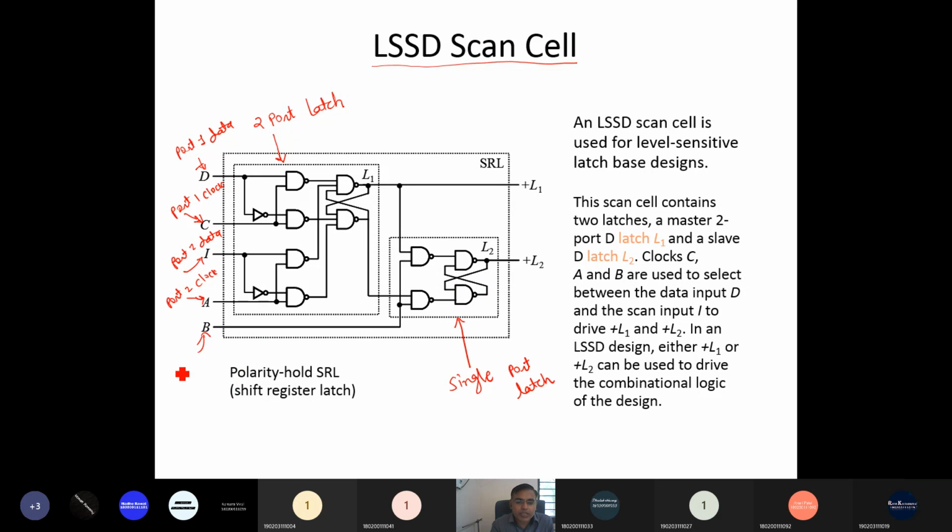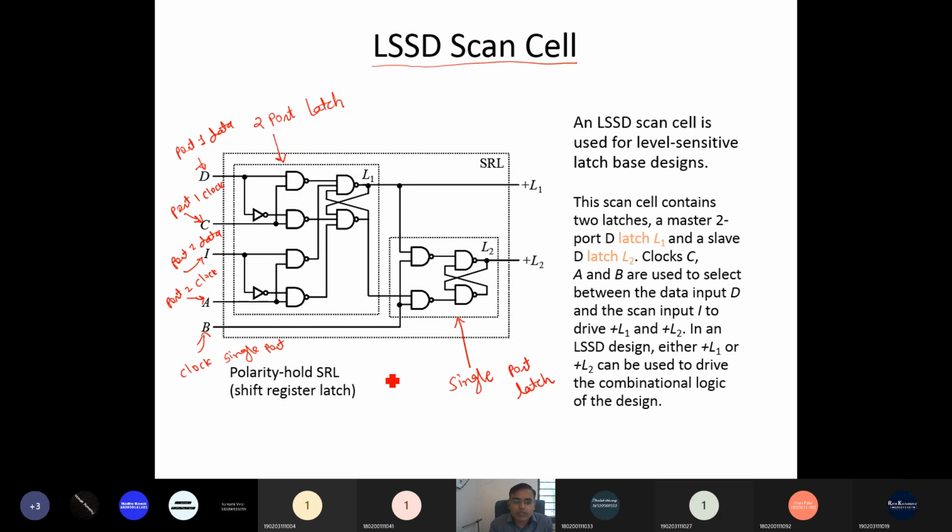This is also called a master latch. So it is a type of structure of slave and master latch. So it avoids any race around condition. That is the main advantage of the LSSD cell, which can avoid the race around conditions and provides the level sensitive output, which means the latch output. So B is the clock of that single port, the clock of its master latch.